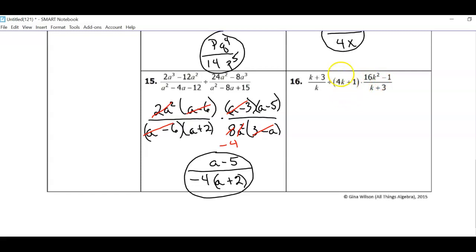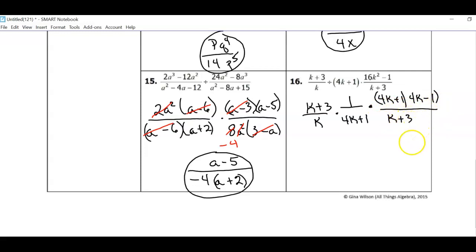So this is just going to become 1 over. So let's rewrite the whole thing first so you can see. And this becomes 1 over 4k plus 1. Let's factor up here as I go. So what I get is a 4k plus 1 and a 4k minus 1. And I have a k